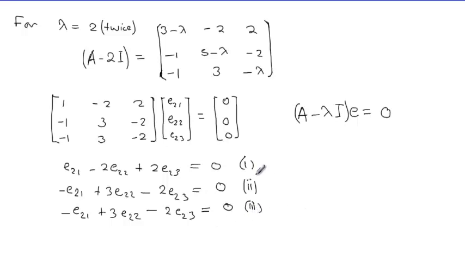I hope you can see that to get this system of equations, I didn't mention this, but we are actually using multiplication and also equality of matrices. Once we multiply here, this is a 3 by 3 multiplied by a 3 by 1, and this gives a 3 by 1 matrix. Then taking the two matrices to be equal, the result is this system of equations. So now, solving this system of equations,